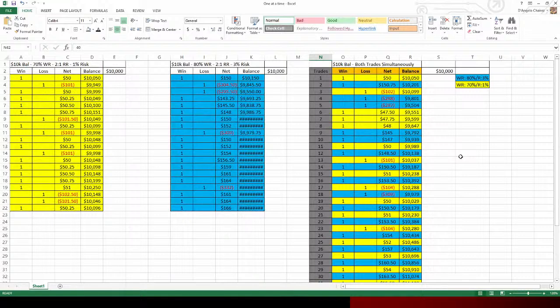Now, if it takes 20 trades to even out, but you've got 5 or 6 different setups that you're taking, think about that: 6 times 20. That's 120 trades, and that's if at that point they've all equally had their share of those 120 trades, right? So let me give you an example here